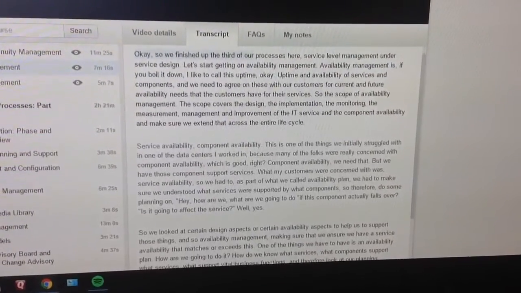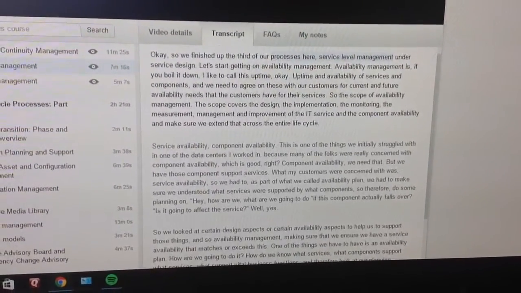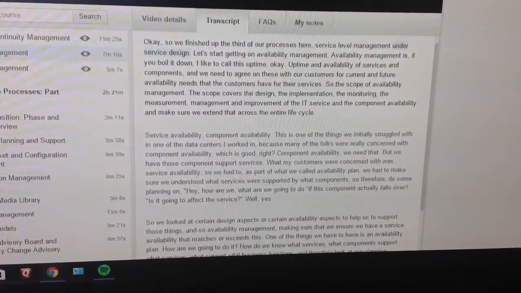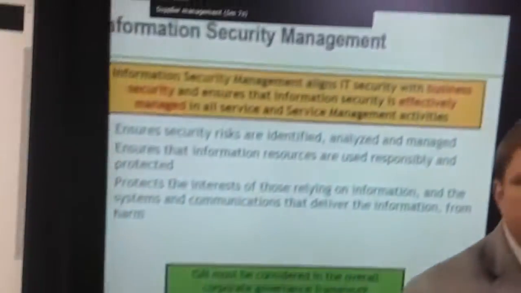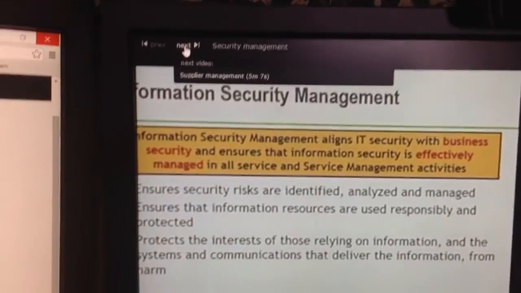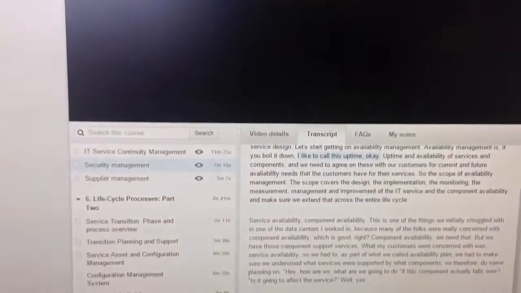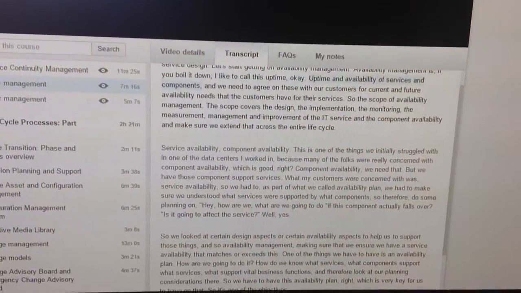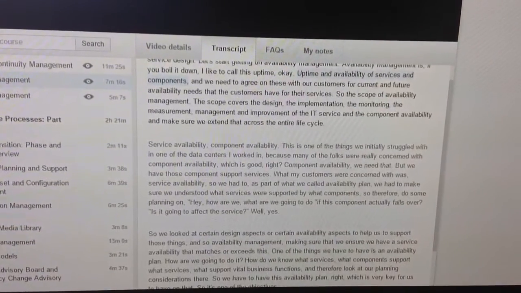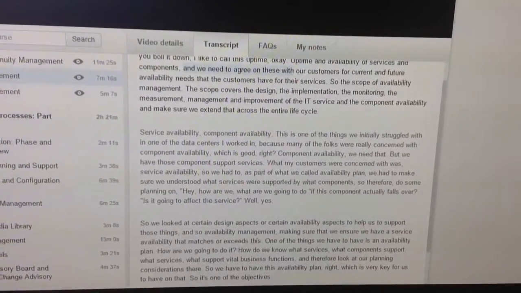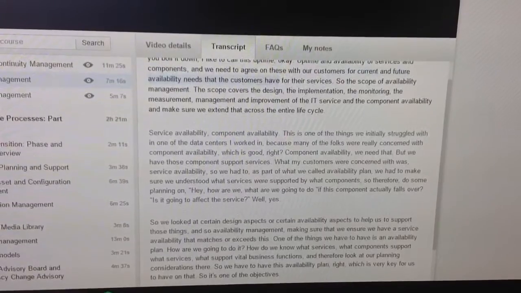Okay, only a couple of processes left in service design. We finished IT service continuity management. Now let's go on to security. Information security management. Now, remember, ITIL is not a standard. Therefore, the security words do not line up within ITIL. This is not a security standard. You basically have